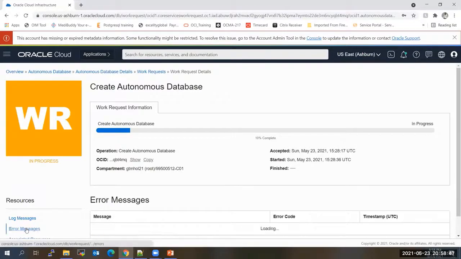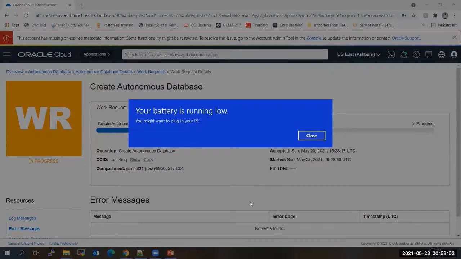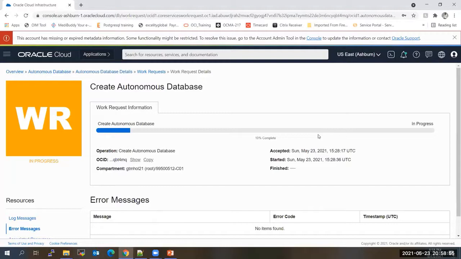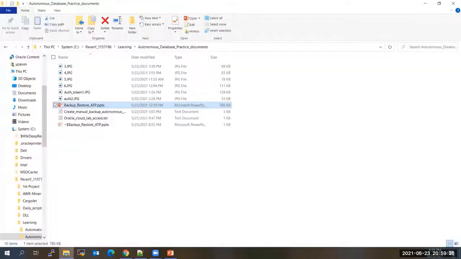And here you can see an error message if there are any errors while creating the database. Meanwhile, let me open the SQL Developer tool.